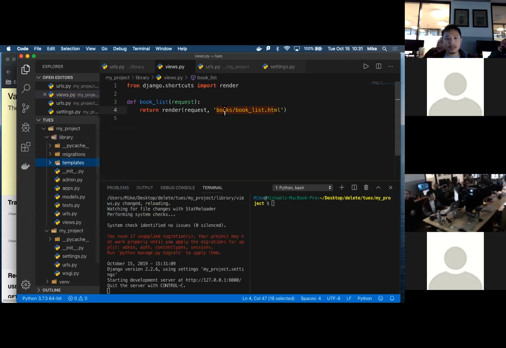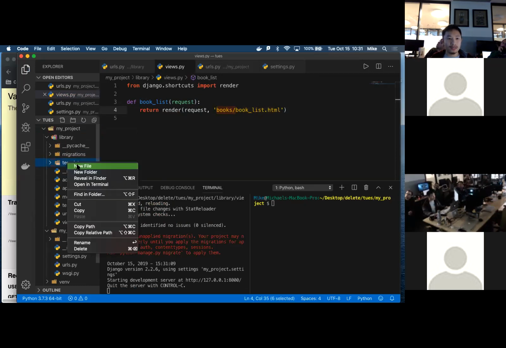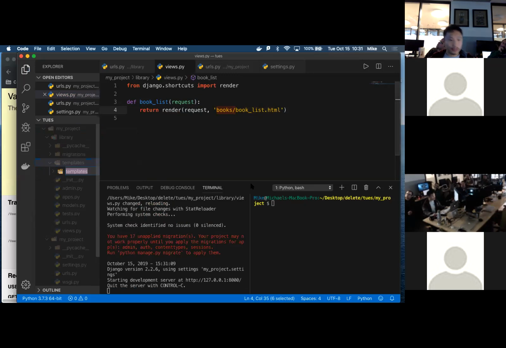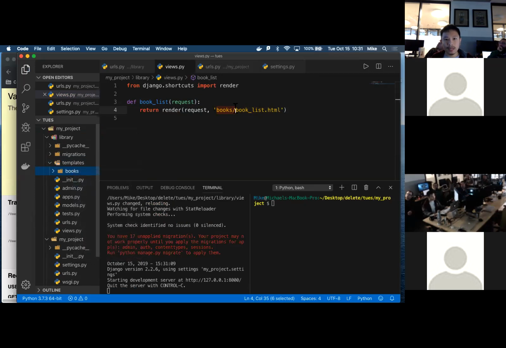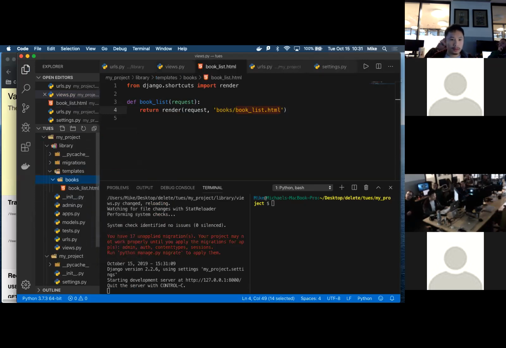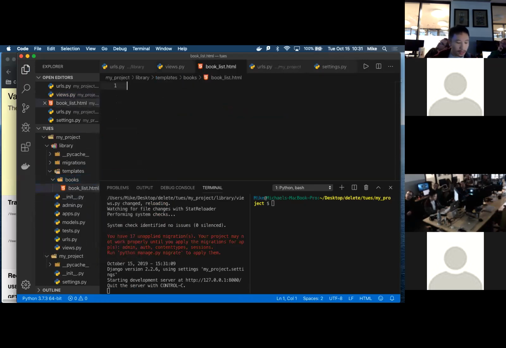And inside there, I'm making a books directory in case I have other things to CRUD. This is books. And inside here, I'm going to make a booklist.html. And I'm just going to